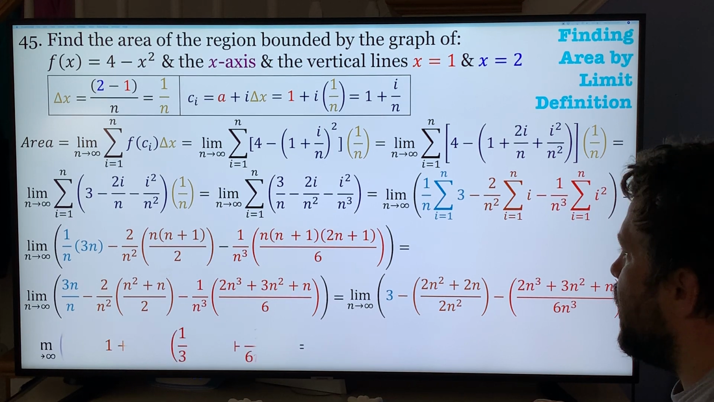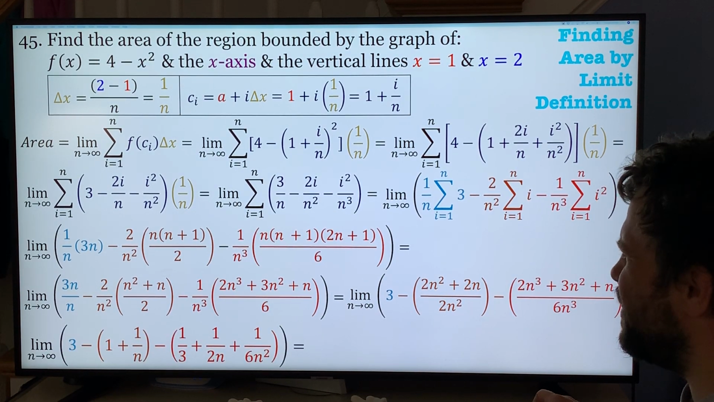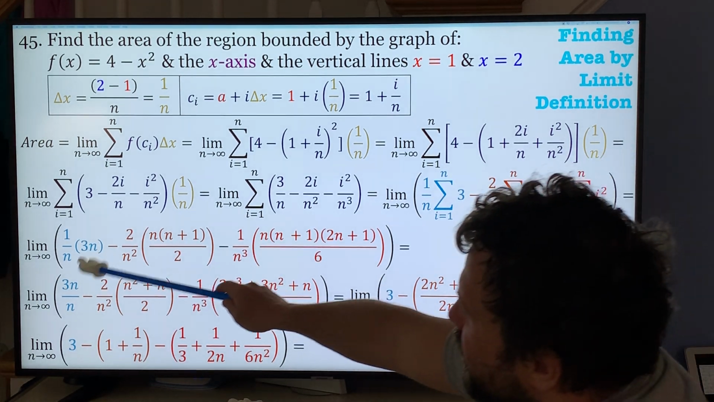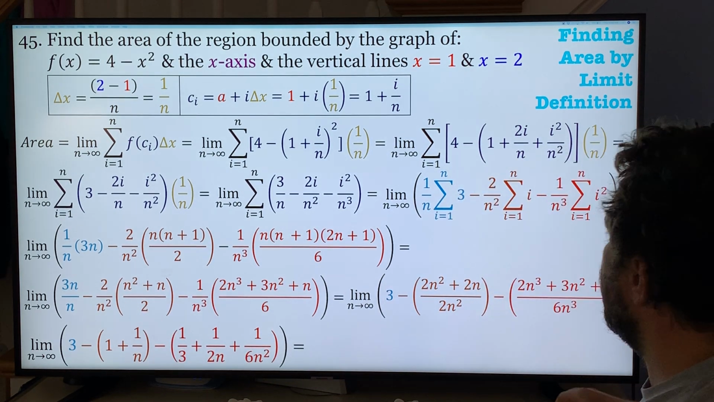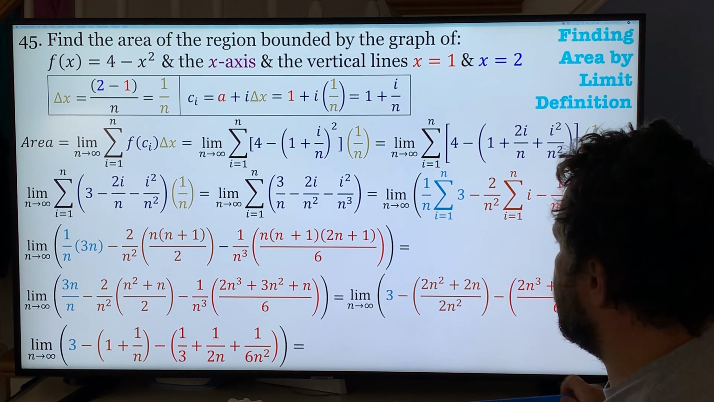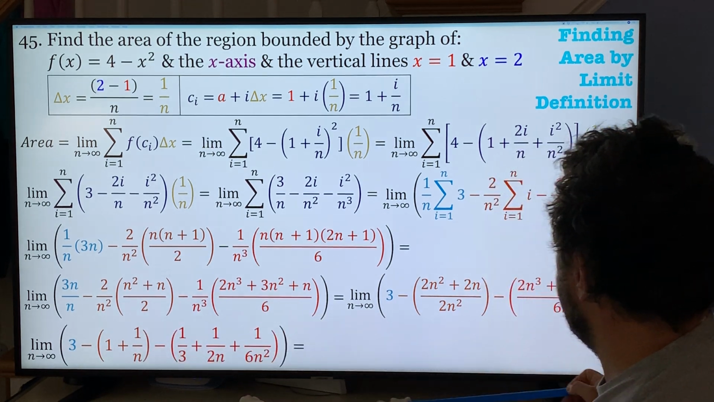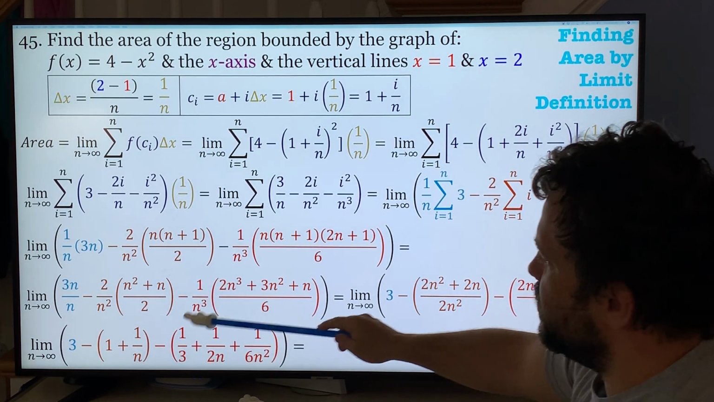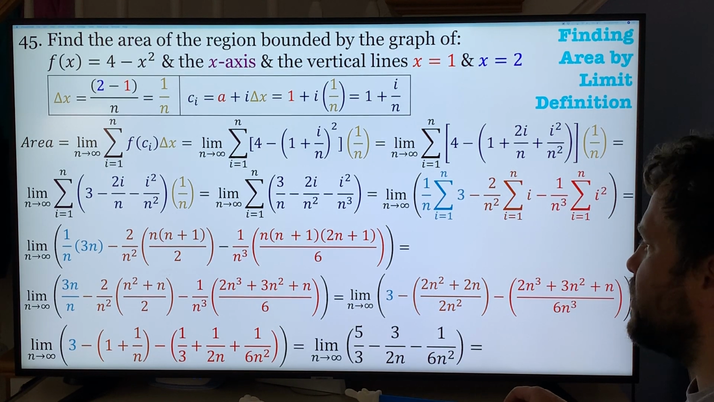If you want to just reduce everything, you can. I would use L'Hopital's rule. 3n, so you get a 3 here. 2n divided by 2n is 1. This is 1 over n, so that's going to go away anyway. 2n cubed over 6n cubed is 1/3, and you know these guys are going to go away anyway. Right? So it's,